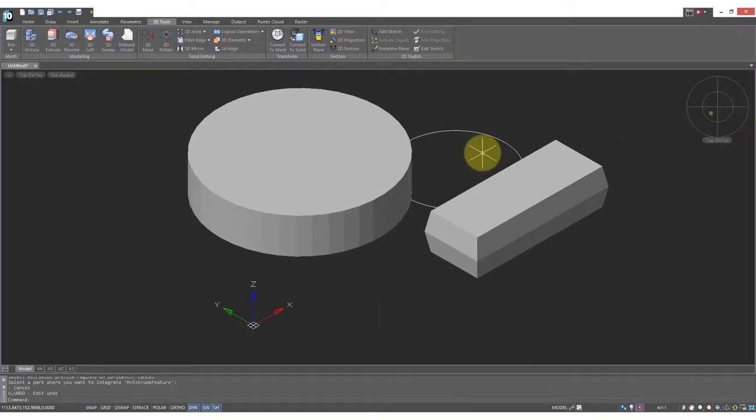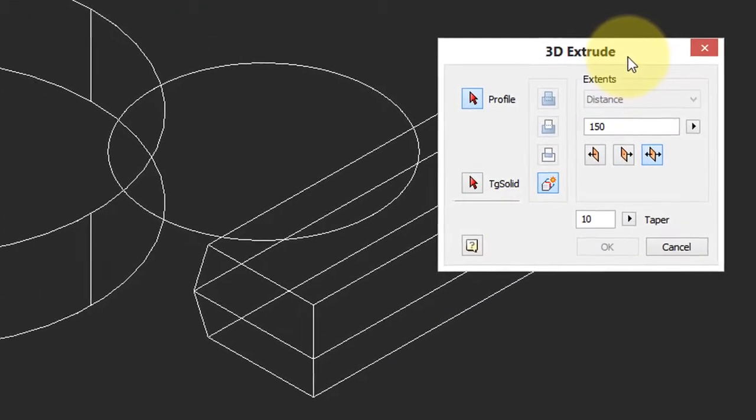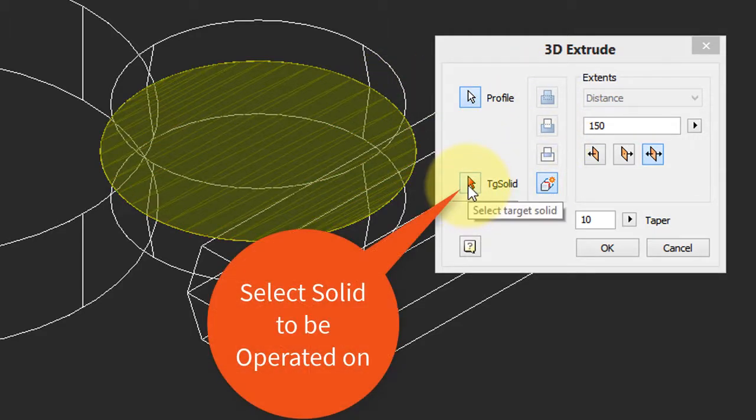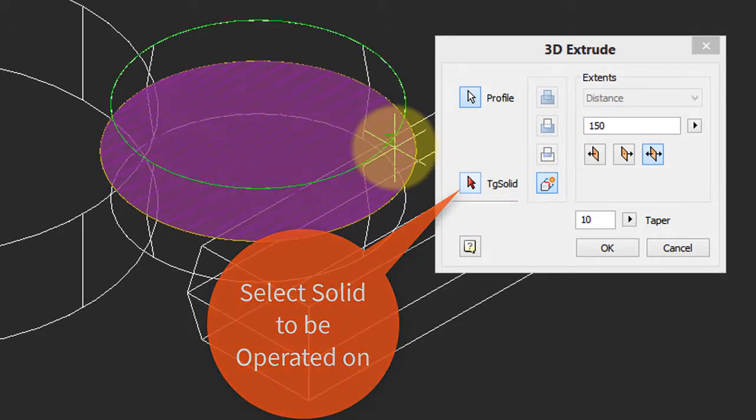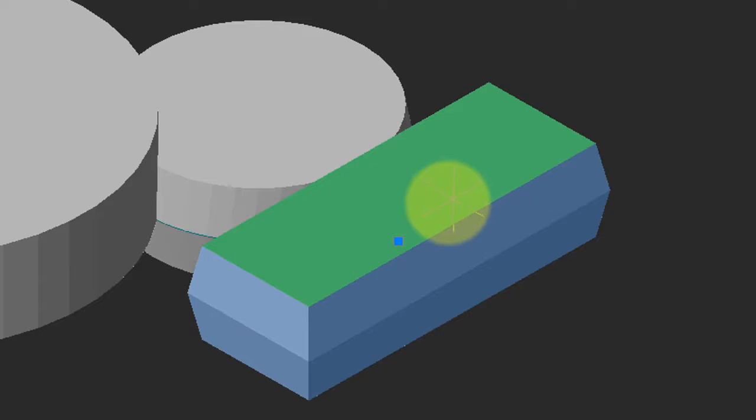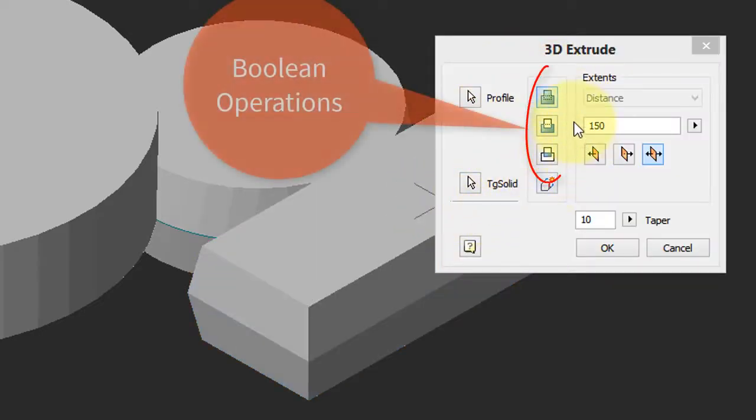To show the other settings in the dialog box, I've drawn a circle. I'll start the 3D Extrude command again. There's our familiar dialog box. I'm going to choose the circle, and this button here is when you want the future extrusion to affect an existing solid. So I'm going to click this button and then choose this solid, and then these three buttons become